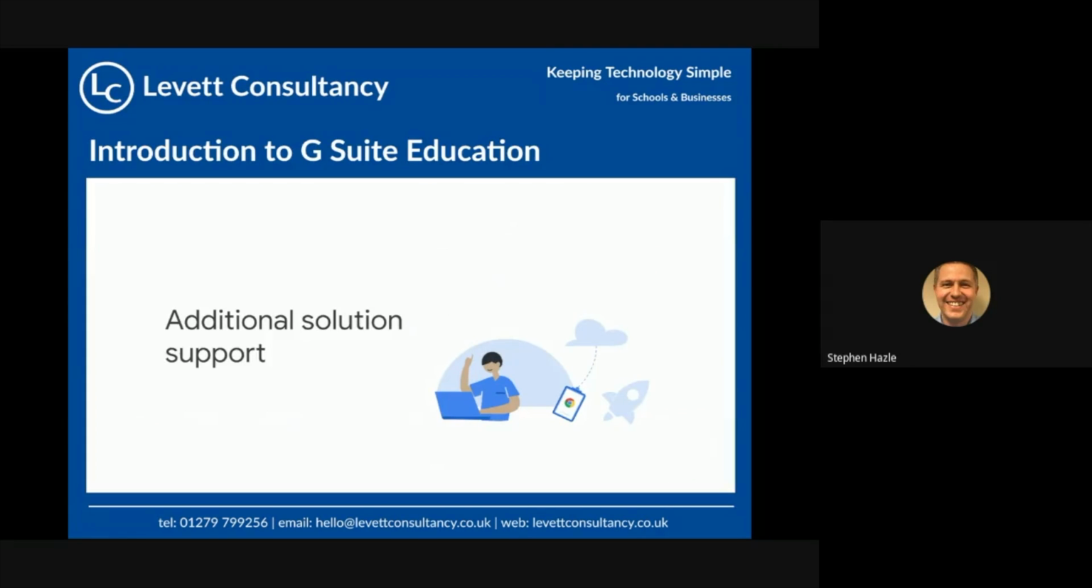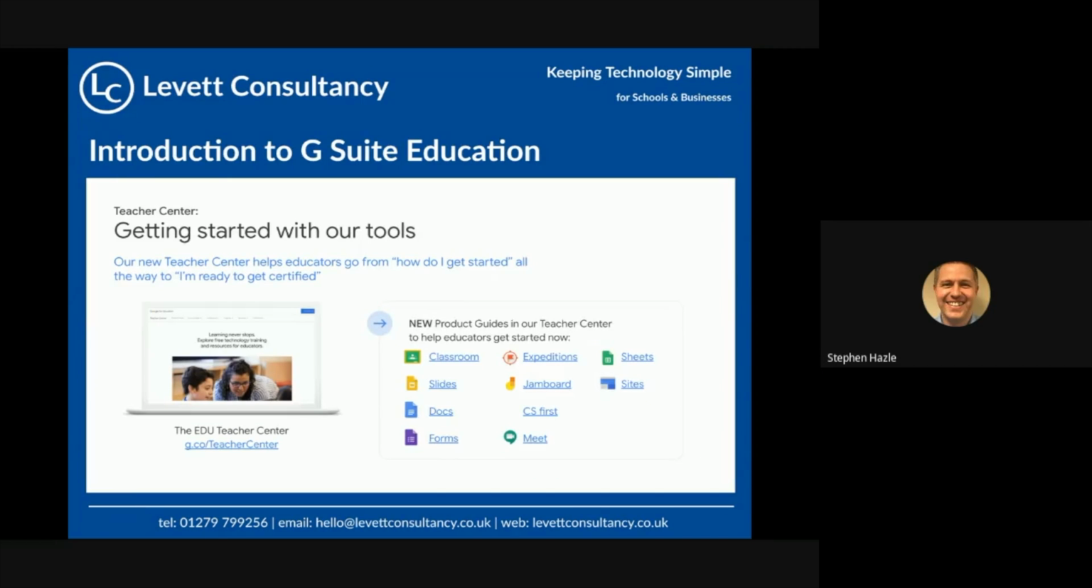So if you're looking for support with G Suite, there are a number of places you can go to. First of all, you can visit the Teacher Center website for Google. Here you can get product guides and training for all of the G Suite apps that are available. You can also get certifications and become an educator level 1 or 2 by completing the training modules and taking